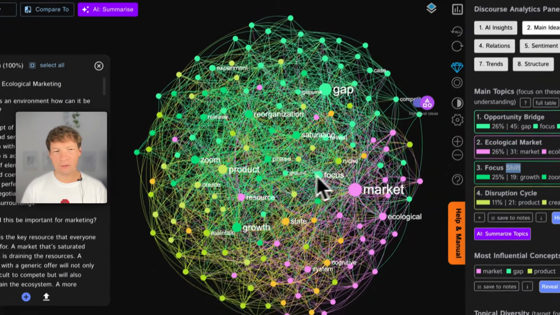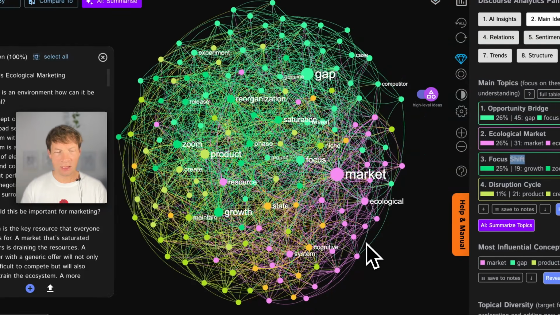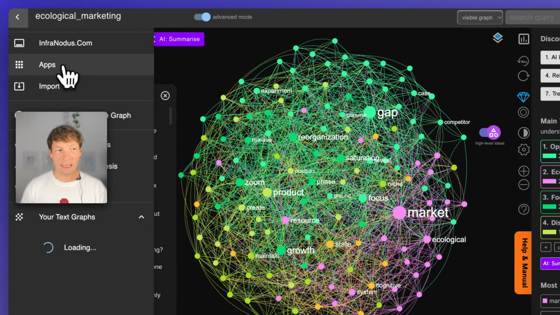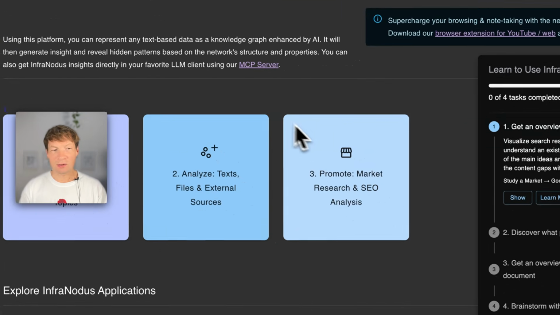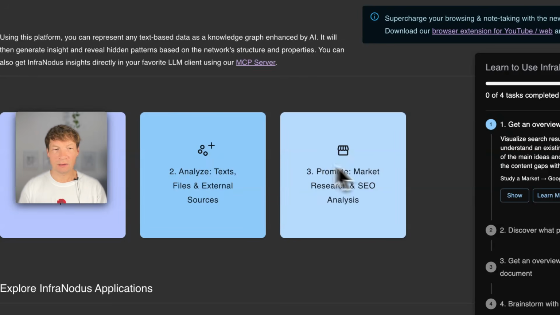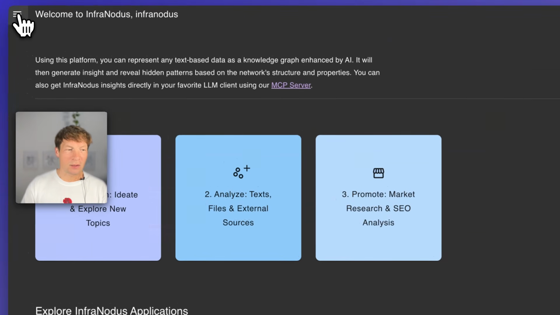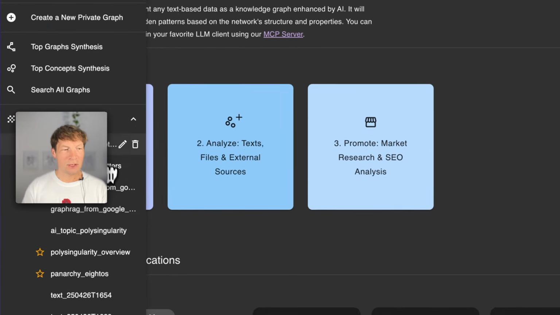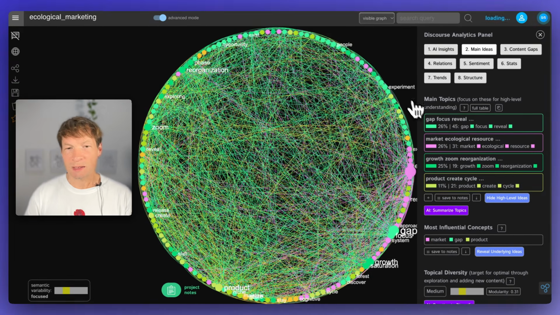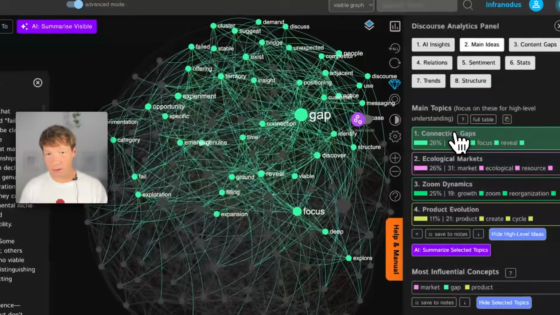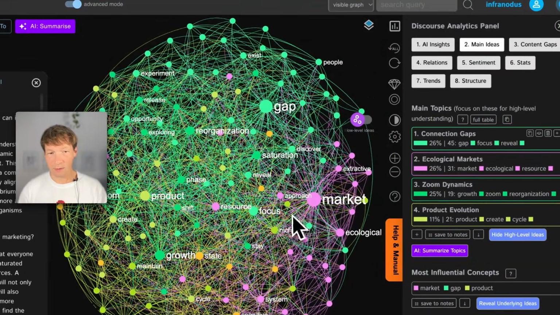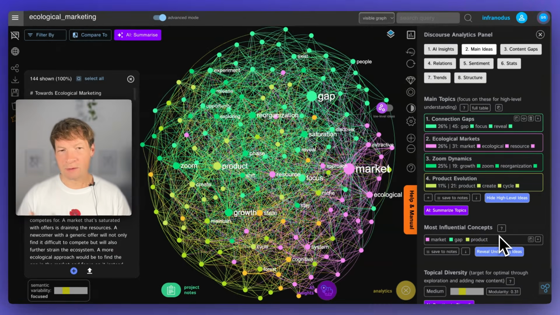One is the InfraNodus Knowledge Graph application, where you can upload any text, be it PDF files or Google search results or your own text, doesn't matter. And then you can visualize it as a knowledge graph where it identifies automatically the main concepts and clusters of ideas based on network analysis. So at this point, it doesn't even use AI so much, but it generates a structured representation of your text